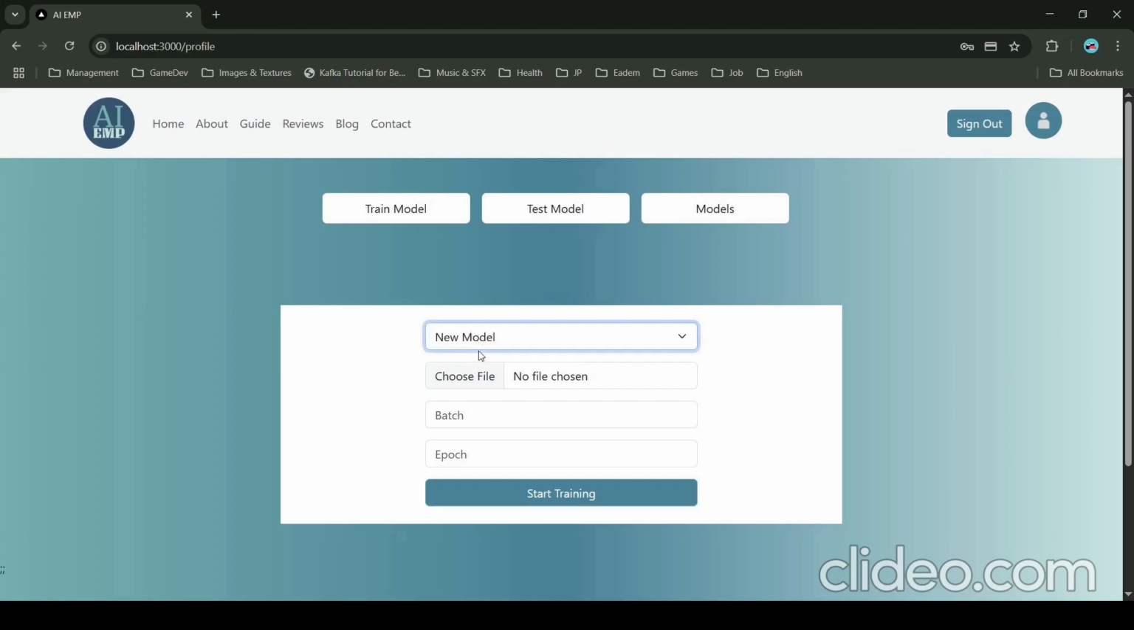if you're not satisfied, continue to train the same model and test it again. And finally, if you're satisfied, then you can download it and integrate it into your own application or business and